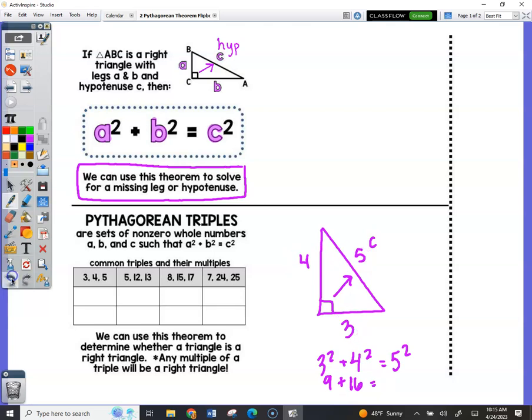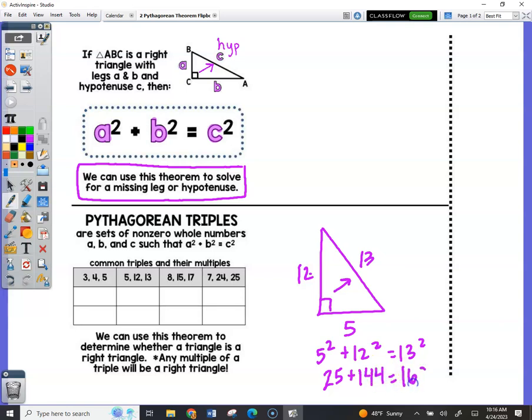Here's another set of numbers. We said 3, 4, 5. What if we had 5, 12, and 13? All right, watch it. So 5 squared plus 12 squared equals 13 squared. What's 5 squared? 25. What's 12 squared? What's 13 squared? 169. 144 plus 25 is 169. So you get a true statement yet again, which means the numbers 5, 12, and 13 are coming from a